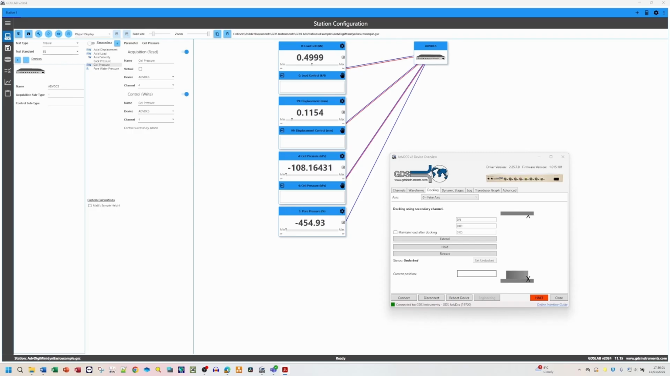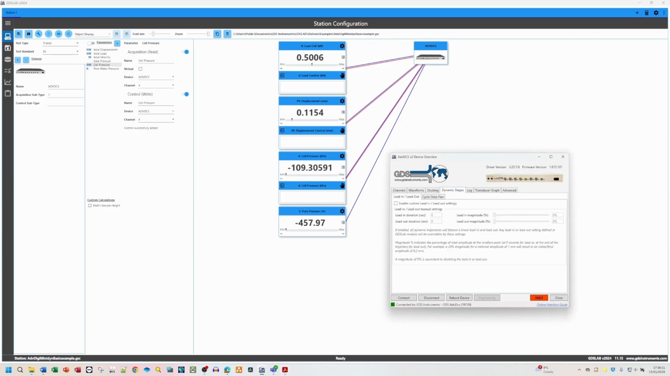Then you have the dynamic stages tab. This provides controls for configuring dynamic test stages. The lead in, lead out settings. You can define the transition behavior at the start and the end of the dynamic trajectory. The lead in duration, which is the time in seconds to reach its full amplitude. The lead out duration, which is the time in seconds before the end of the trajectory when amplitude reduces. And the